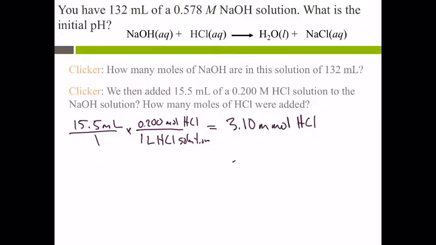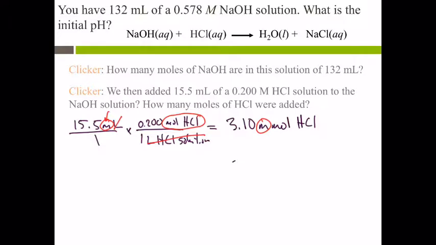Once again, you might have noticed that I canceled out liters of HCl solution, but not the milli. That means that we left moles of HCl, but we have a milli in front of it, which is why I have millimoles on the right side of the equation. Okay? So we had 3.10